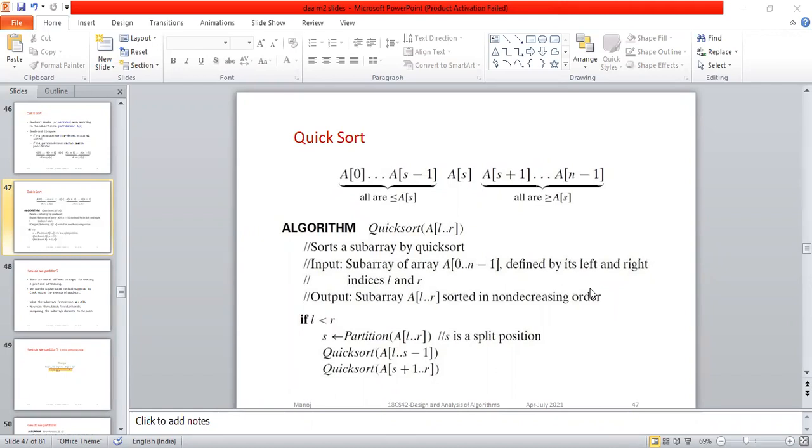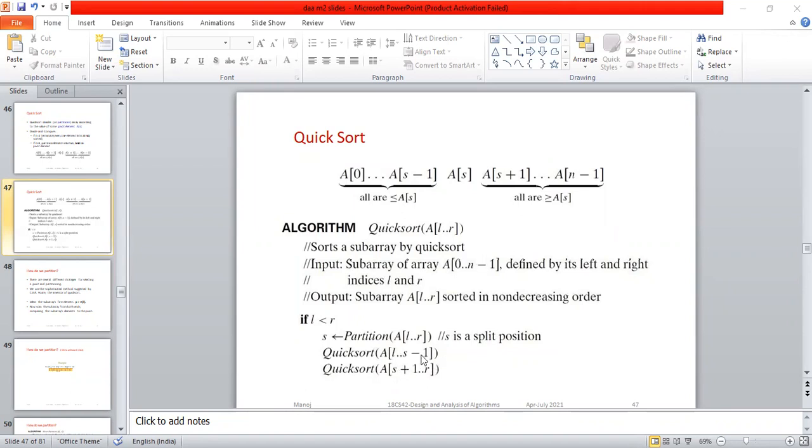L is equal to 0. R is equal to S plus 1. Sorry. Just go with these two: L to S minus 1. Okay, so L is at 0 up to S minus 1. And here you see S plus 1 to R. So here it is S plus 1. So what is R? What is R value? Just seeing this, you can tell.